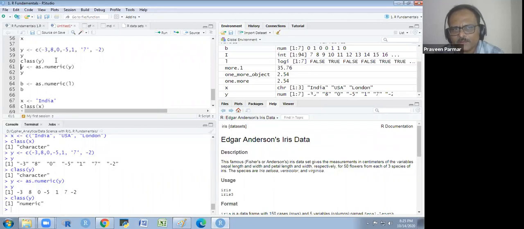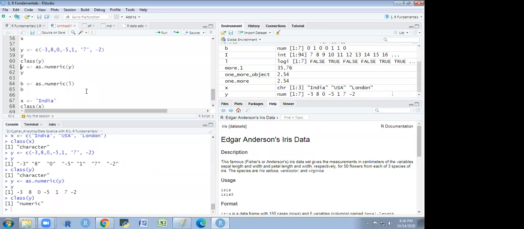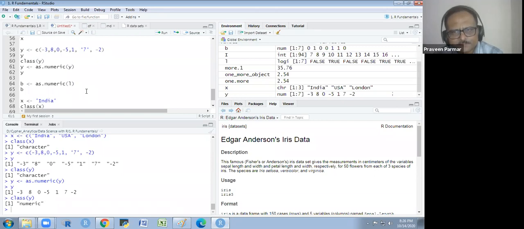So if your variable, your vector is in a logical class, and then you use as.numeric, just like L we have seen, it was logical, and we have applied the function as.numeric, so we got the binary response automatically, 0 and 1 instead of true and false. Sir, logical means like 1, 2, 3? Logical means true and false. Okay. If your object was in the logical format at that moment.